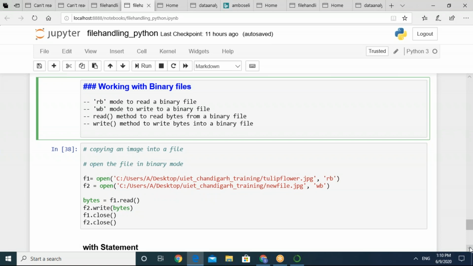And f2 is one more file handler, in this new file I'm going to write. Remember one thing, if the file is not already there, it is going to create the file with the name. I have mentioned the name in the directory, newfile.jpg, and I'm going to open it in WB mode, that is the writing mode. I have taken one variable bytes equals f1.read, so it will take byte by byte, and then I am going to pass these bytes to f2.write.